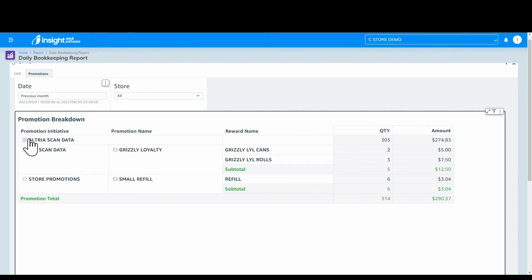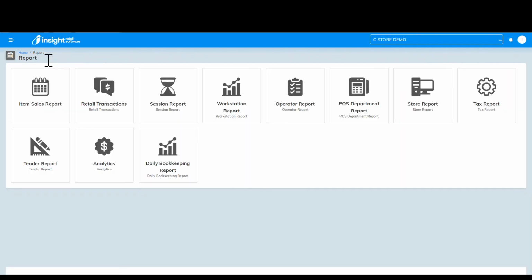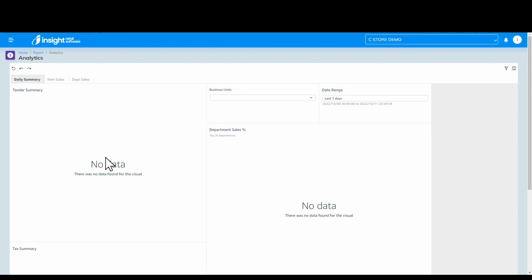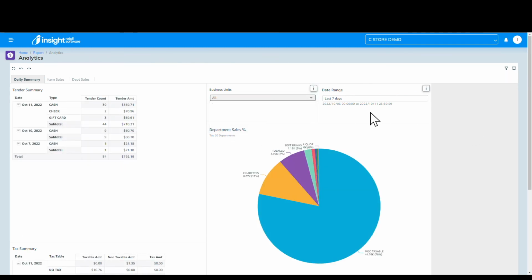With a couple clicks, you can see how many discounts you've given out over a time period and what you can expect to get back. We're going to be adding several more reports to this daily bookkeeping section over the coming months, so keep an eye out there. Over in Analytics, you can choose your business unit, your store, and whatever date range, and then you can see a